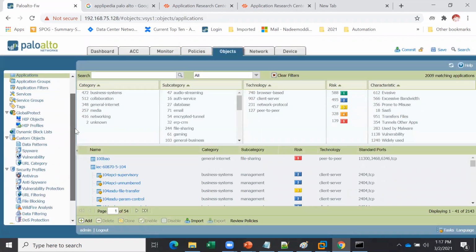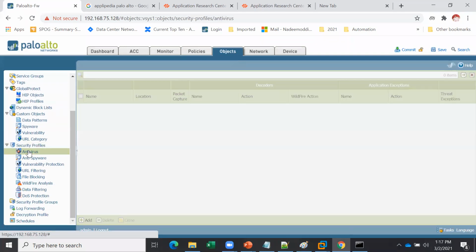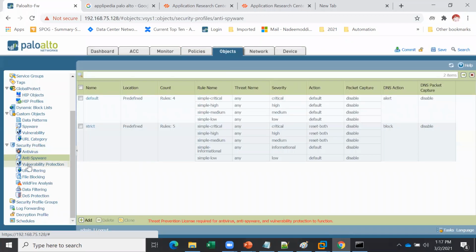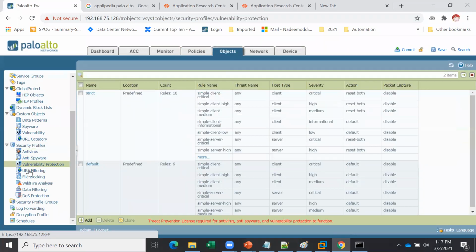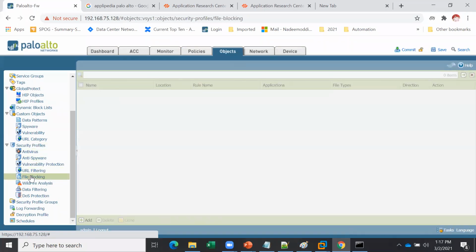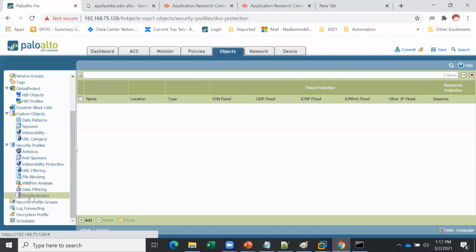And from where do we configure this? If you go to Objects, there is something called Security Profiles. Can you see? Antivirus, anti-spyware, vulnerability, URL filtering, file blocking, WildFire, data filtering, and DDoS protection.